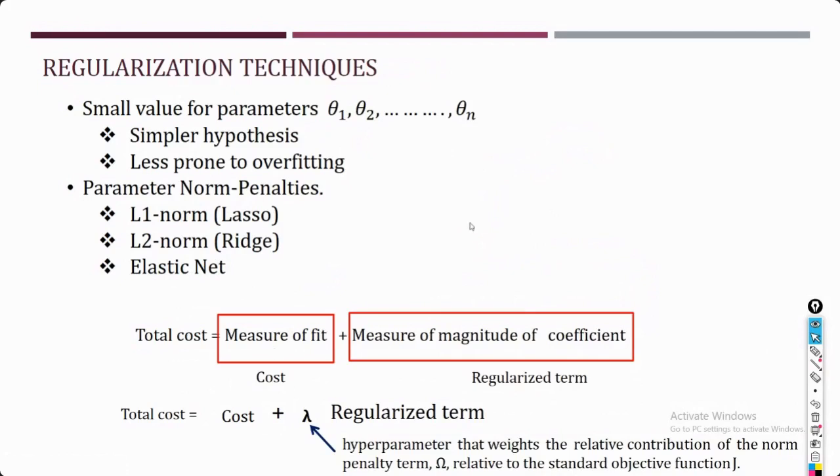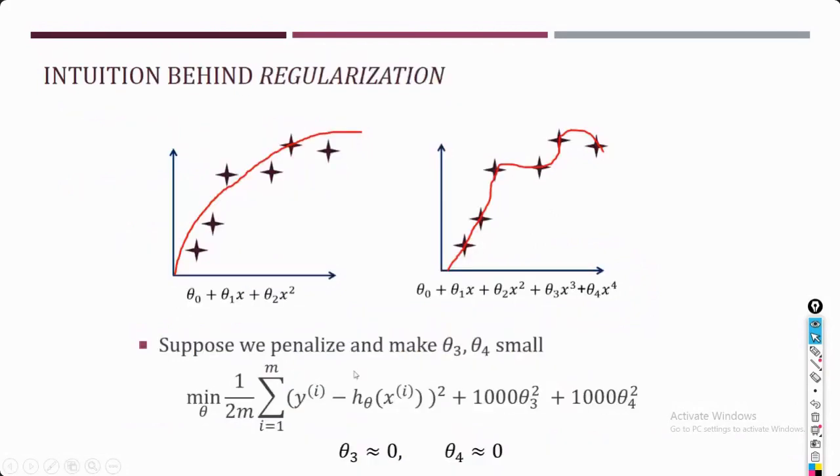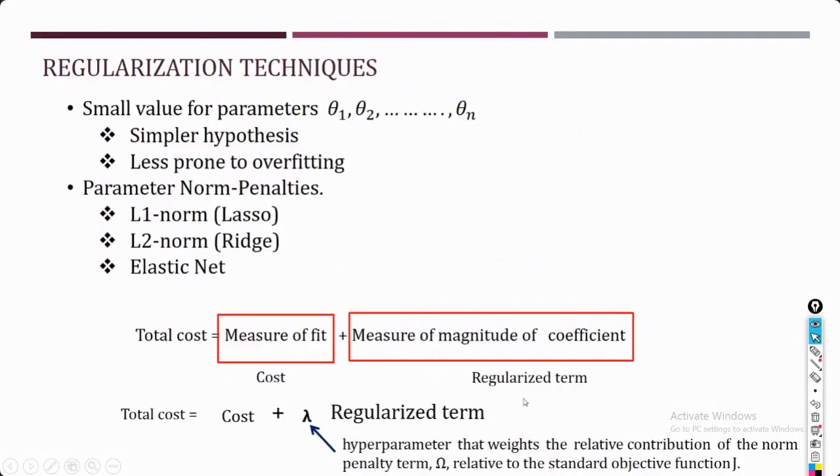That means it's going to be this much, and this penalty term we are going to add, we are basically introducing in terms of the magnitude of your coefficient, because the coefficient is handling how much contribution this particular feature should have in your total cost. Basically it's deciding the contribution of your feature, so that we are going to control with this magnitude, and this further we are going to scale with this lambda.